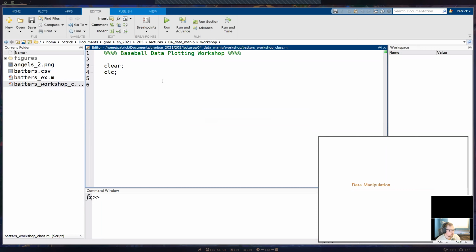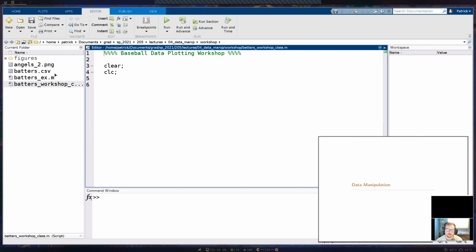Okay, another question, is it normal that it's saved as an Excel spreadsheet? So yeah, if you have Excel installed, which I'm sure most of you do, it might say it should still be a .csv file, but Excel can open that up. It should still be a .csv file again, but if it's a .xls file, that can also be read in Matlab too.